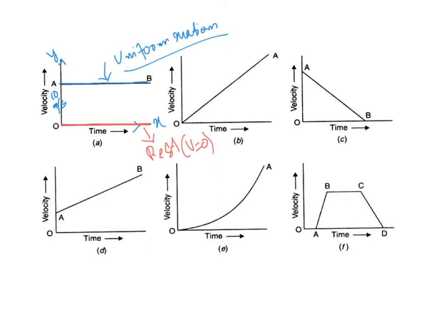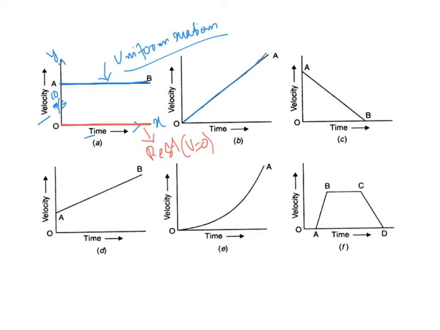Depending on what I'm plotting, my answer would be different. In a velocity time graph, a line parallel to the x-axis means the body is having a constant velocity, or uniform motion. But the same thing in a displacement time graph would mean the body was having a constant displacement. That means the body was at rest, it was not moving. Now coming to the next curve,